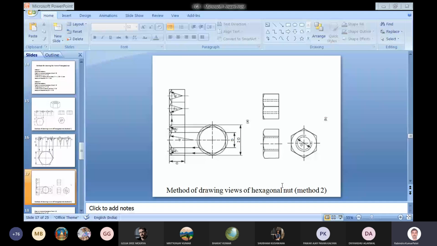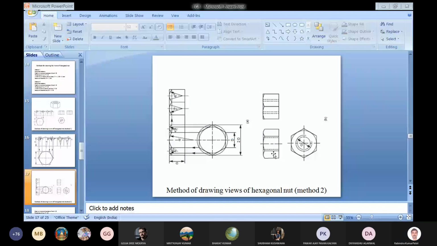Procedure is same for drawing, dimensions are different. So we will get final views like this: front view, top view, and the side view. In the side view you can see, because it is the internal thread, we will see it like this. The external circle will be broken, and dashed lines are shown in these cases for showing the threads,